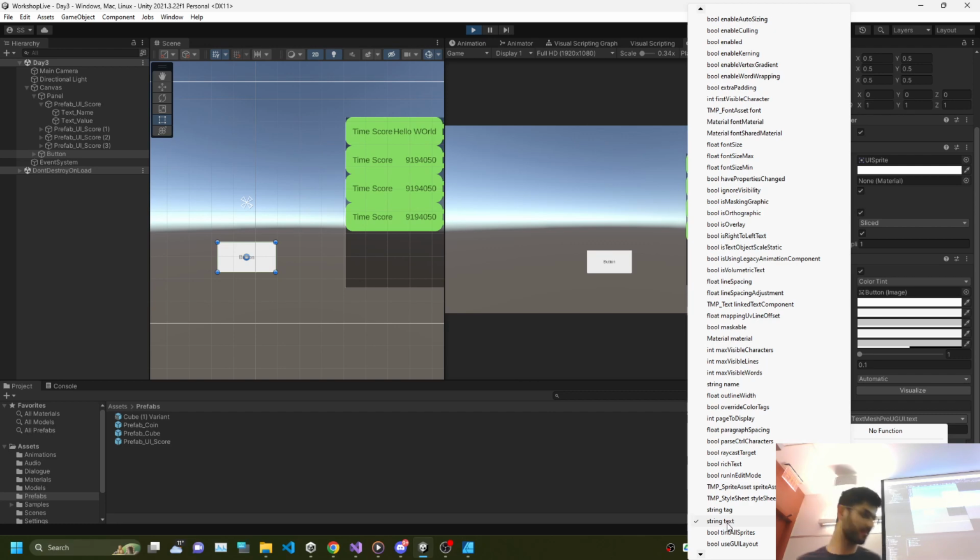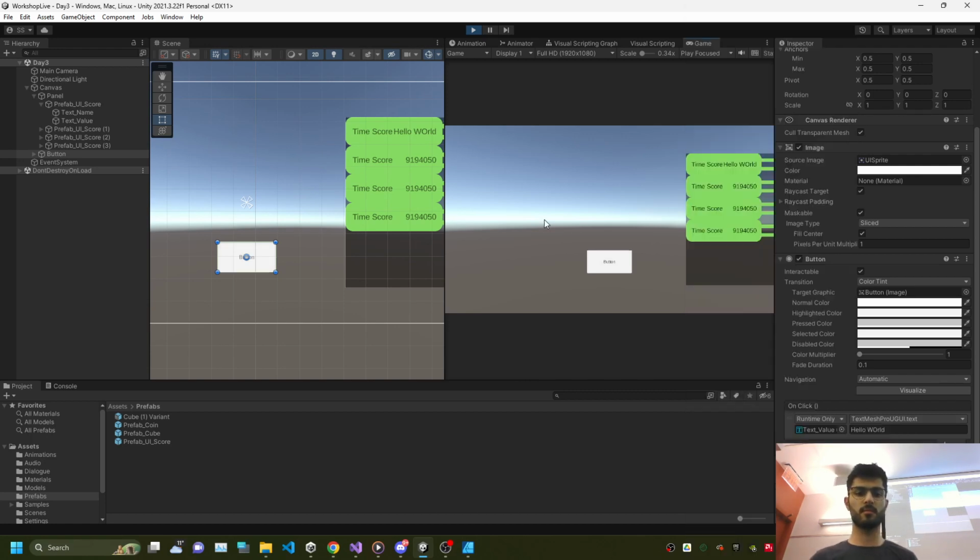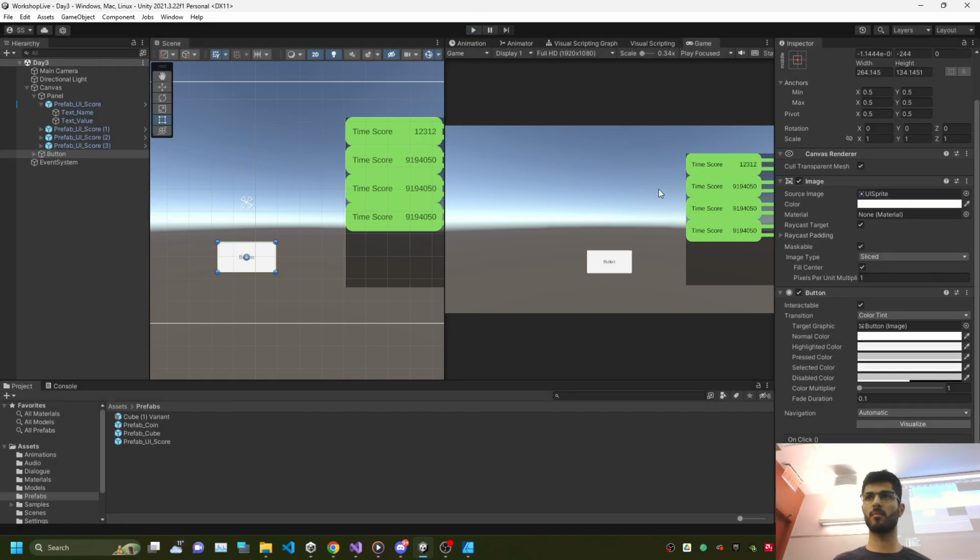Changes one time, because it sets the value to that. You can see that the text changed. We didn't want to use that because the UI is not great at all. But we introduce another component to the button. If we don't want to use this on play,